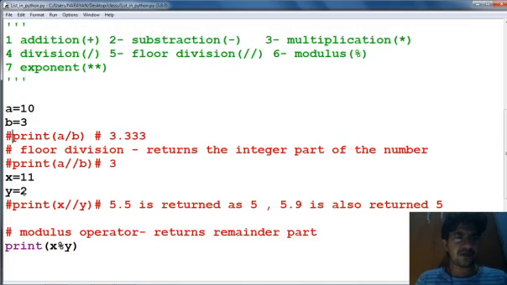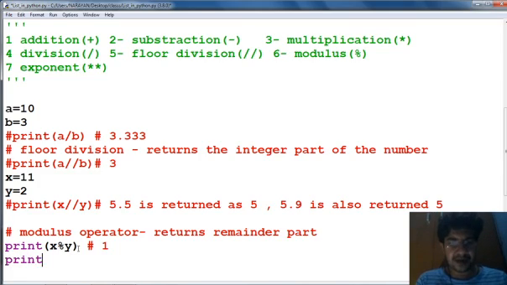That means if you divide 11 by 2, 2 fives are 10 and 1 will be the remainder. Then this will return the remainder. The output will be 1. This is your modulus operator.